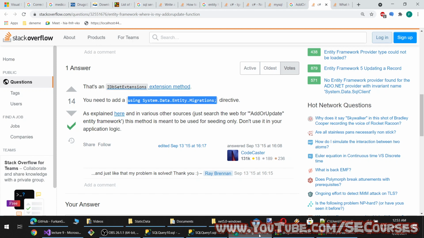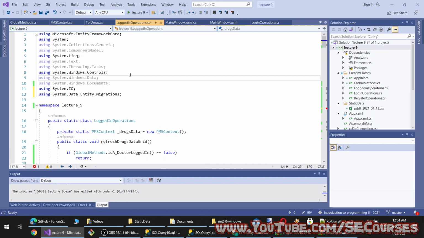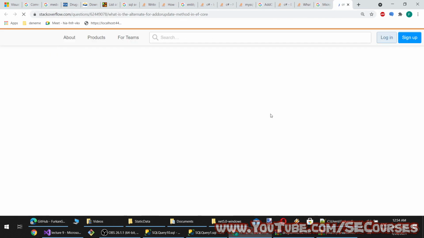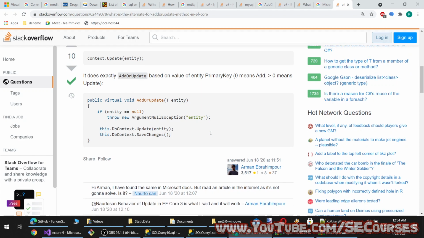It is requiring these entity migrations, and when I edit, okay, Microsoft Entity Framework Core, we are using this. So okay, there is update entity.